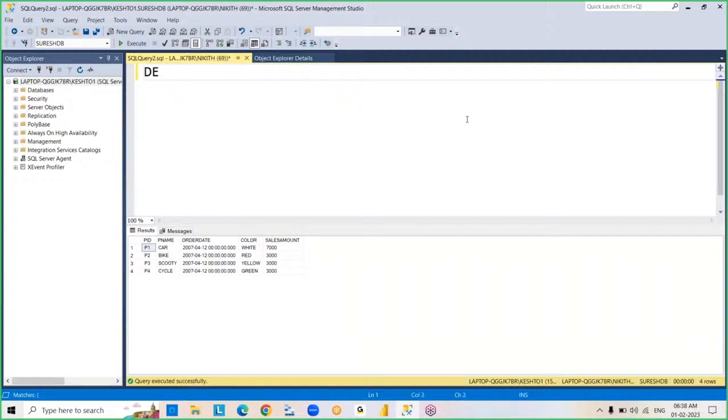So next command is delete. Used to delete the data from the table. We already worked with the truncate, right? Then what is truncate command? DDL commands we worked with the truncate, right? Truncate also used to delete data from the table only. But the difference is